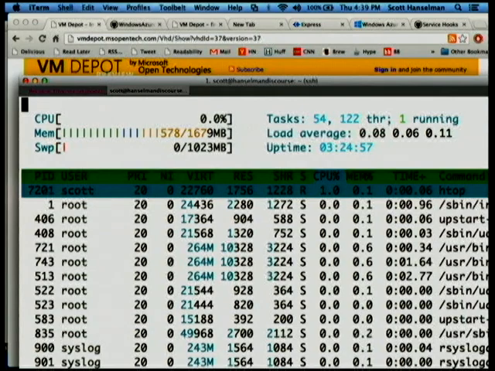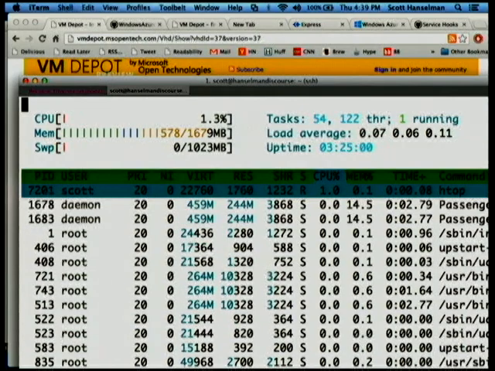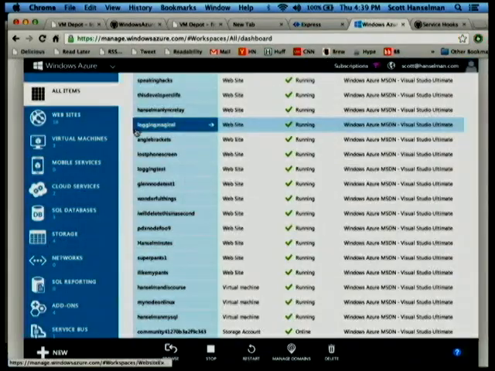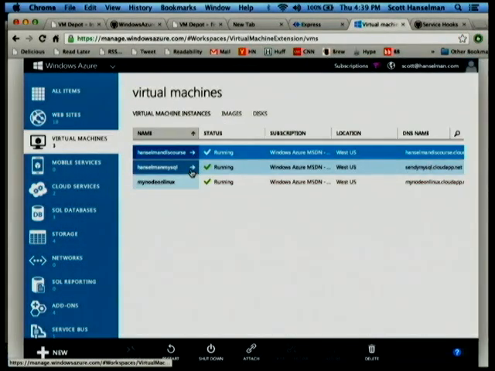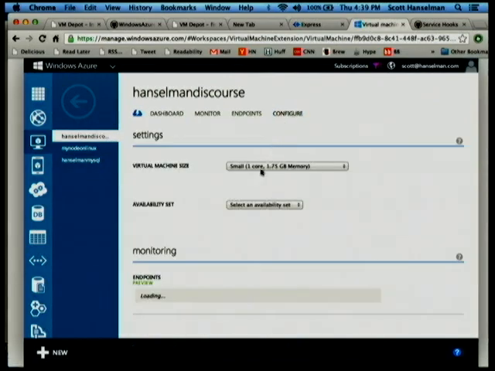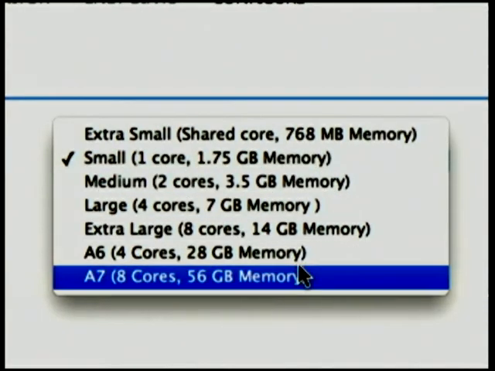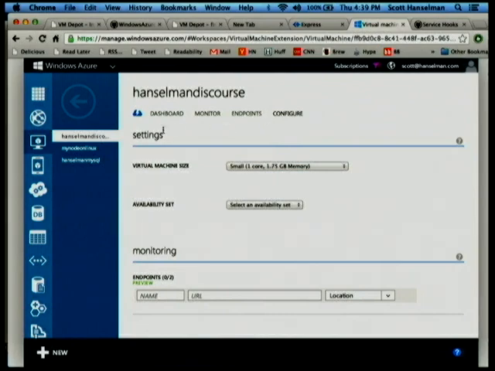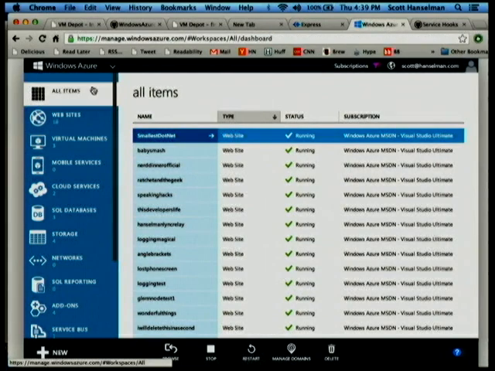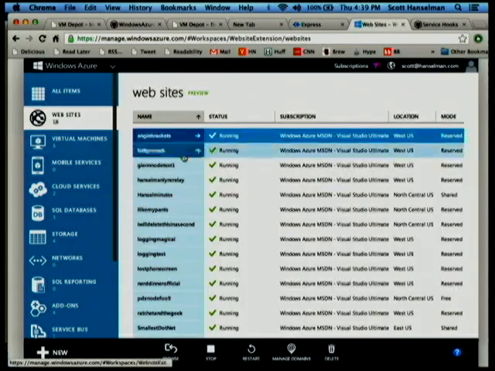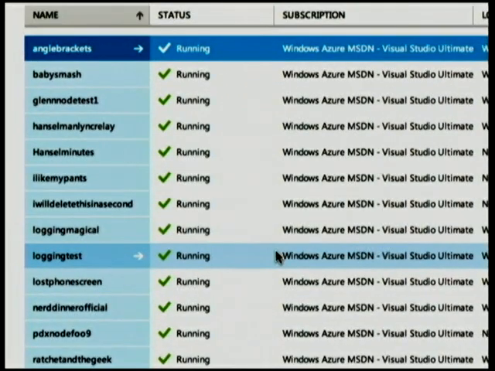So there's a Linux VM in the sky that's just running very fine, and we have VMs now that can be pretty big. The CodeSmell one is here, and I can go to configure. We can go from extra small, which is shared, all the way up to 8 cores and 56 gigs of RAM. So we can pretty much handle anything you can throw at it. The pricing is pretty much the same as everybody else, and it's going to continue to get cheaper and cheaper. You'll notice there's nothing in the UI calling out what's Node or .NET or PHP or Ruby or Linux, because we don't ultimately care.